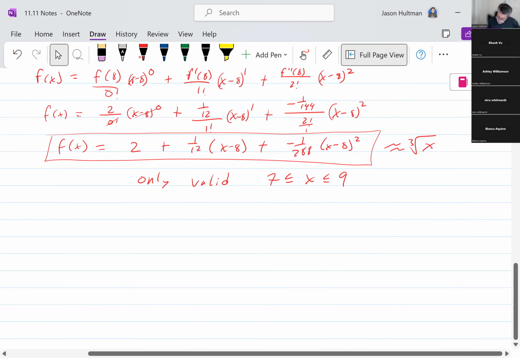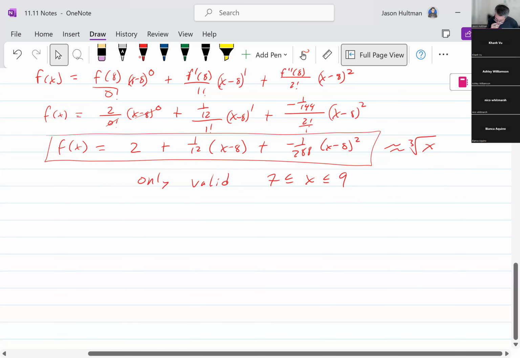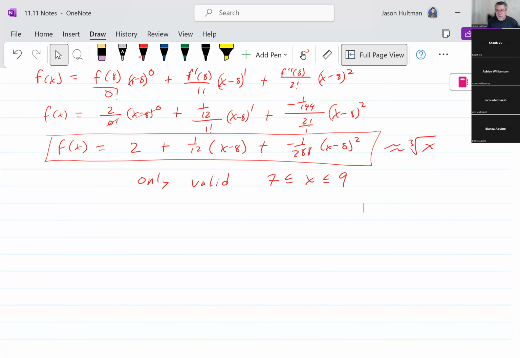Right? So, at 8, we're going to be exact. It's going to be 2 and 2. If I plug in 8, f of 8, I'll get 2, and the cube root of 8 is 2. So they're going to be exact at 2, but I want to know how close am I? Like, what's the error that I'm going to get within